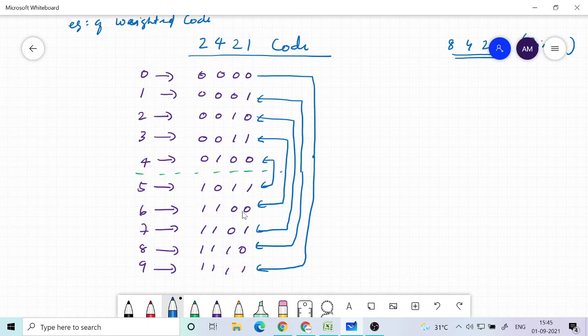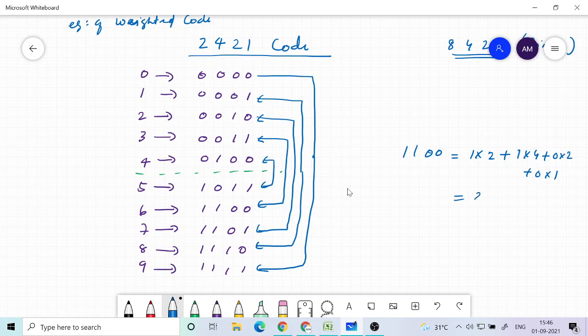For example, any of these numbers, if you take say 1 1 0 0, now you can expand it and write it as 1 into 2 plus 1 into 4 plus 0 into 2 plus 0 into 1.